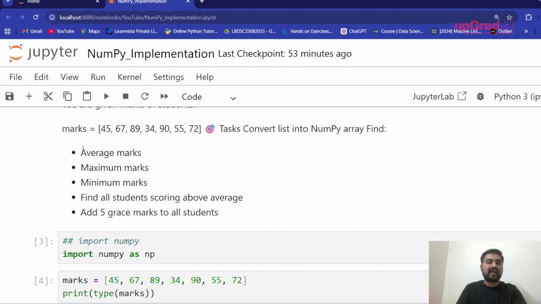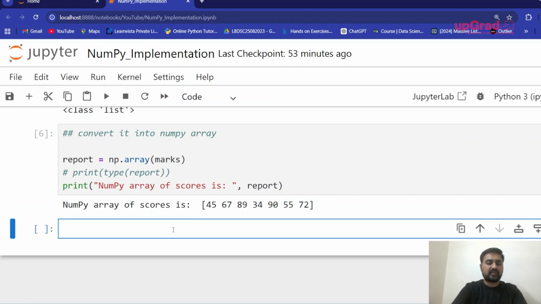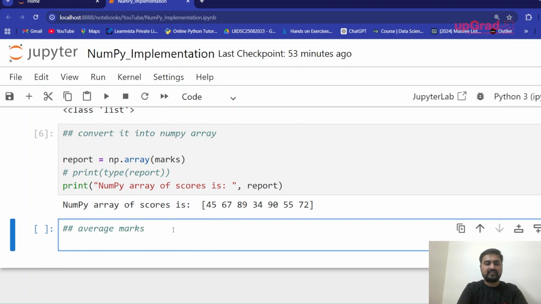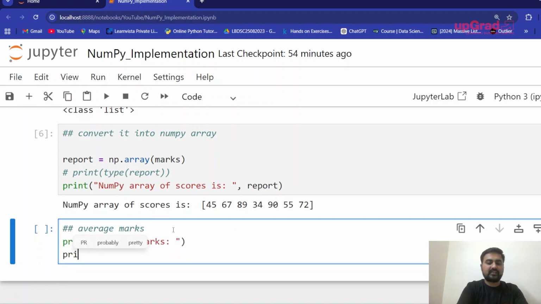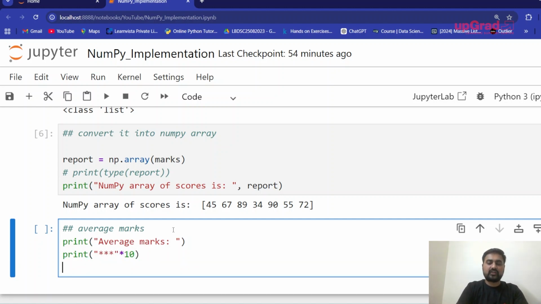Then we have to find average marks, maximum marks, minimum marks. So firstly we will find the average marks. So average marks find करने के लिए what we need to use? Yes, we have to use, so I'll print these average marks. So I'll write here average marks and I'll use a little bit of string manipulation so that I'll be able to represent it correctly. I'll print the result, whatever result I'll be storing into the result section. So how to store anything?